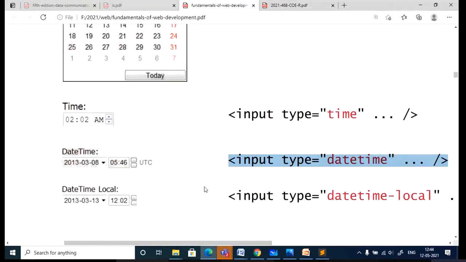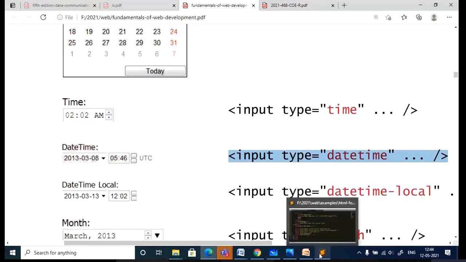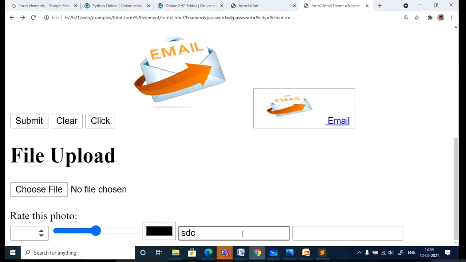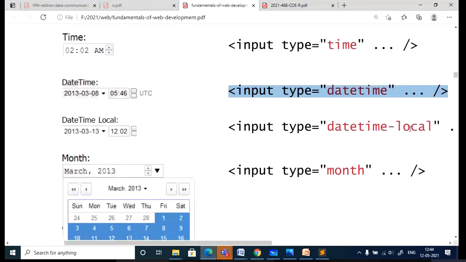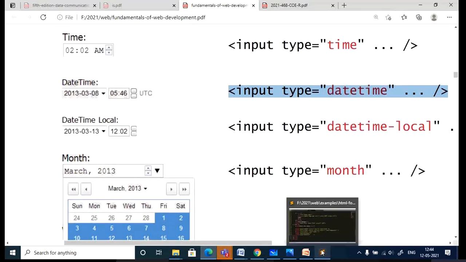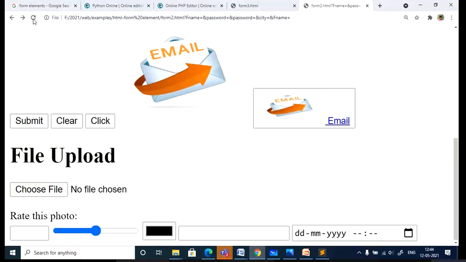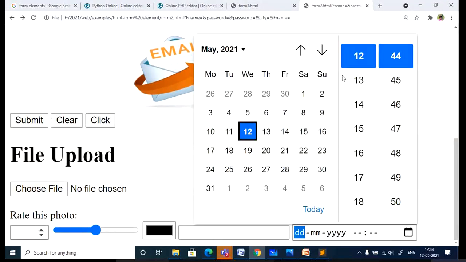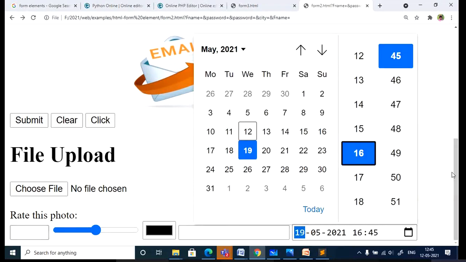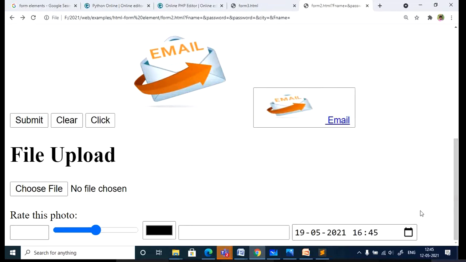It should print both date and time. It's not coming, showing like a text box. Let me just check this part, the both date and time option. Let me go with datetime-local. Okay, this is coming. You are getting date and also time. So you can just set accordingly. This is the date and this is the time.